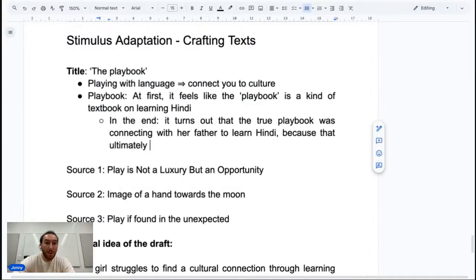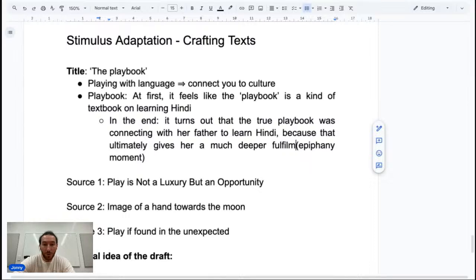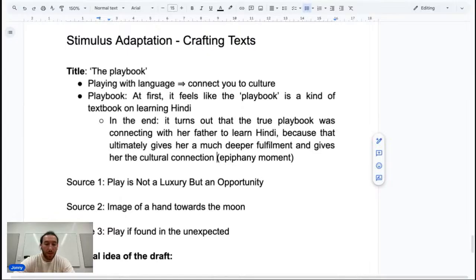So there's a bit of an epiphany moment where she realizes the playbook wasn't an actual book, it was actually the connection with her father, which she was overlooking at first, because that ultimately gives her a much deeper fulfillment and helps her learn the language and gives her the cultural connection she was looking for.